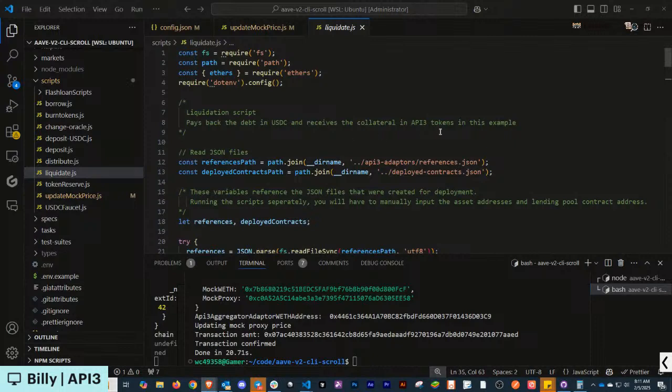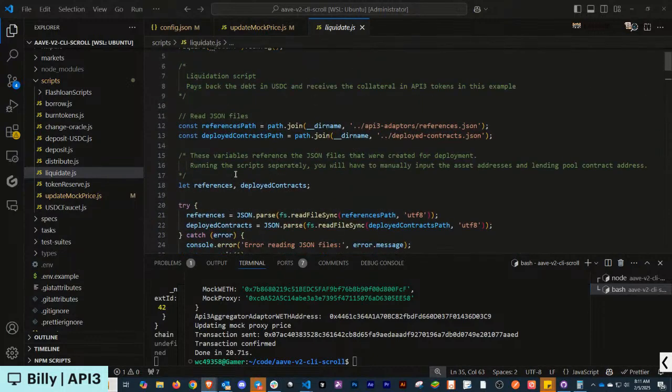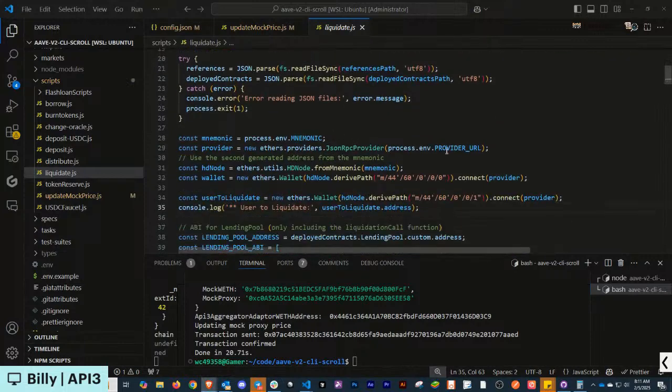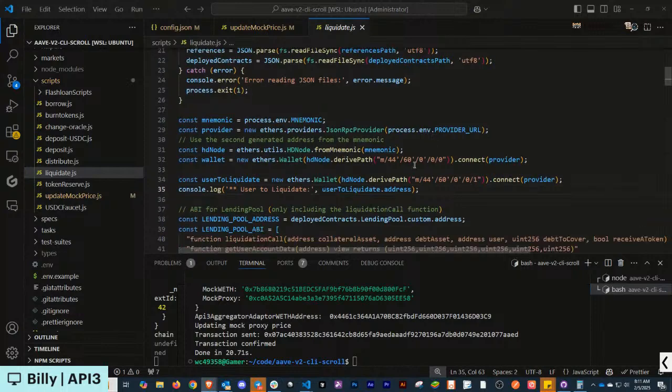I am simulating the API3 tokens and USDC. We know those two assets are what we're going to be using. You can change the assets to whatever you want, right? And right now I'm just reading from the path. So this is just reading the data. We're setting up our key, we're setting up our object. Our liquidation wallet is going to be the first wallet in our mnemonic. So we're using wallet 0 as our deployer and liquidator.